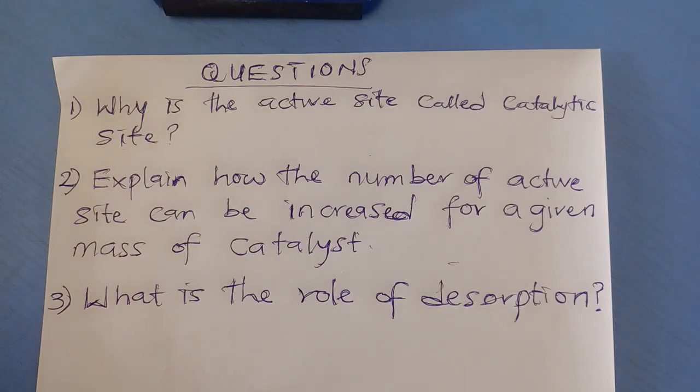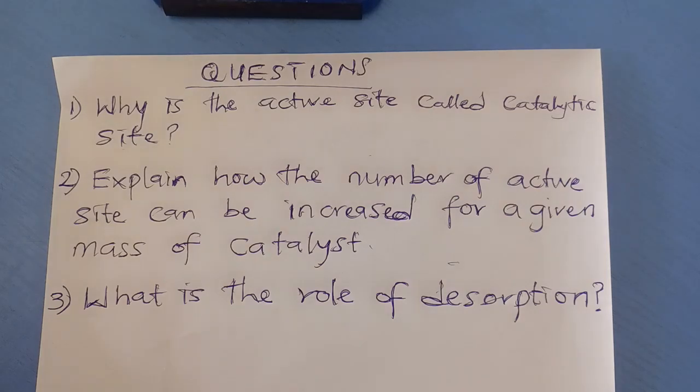So why is the active site called catalytic site? The active site is called catalytic site because they contain unsaturated atoms or they contain electrons readily available for adsorption of molecule or reaction of molecule. I think with the background introduction I gave about active site and with this answer, that is good to go. Number two, explain how the number of active sites can be increased for a given mass